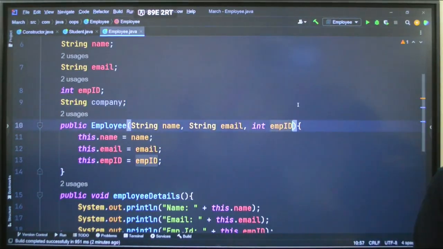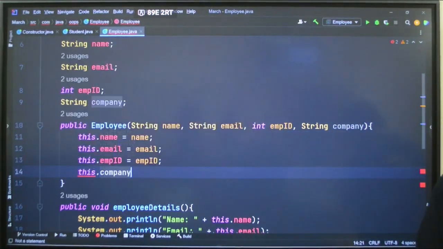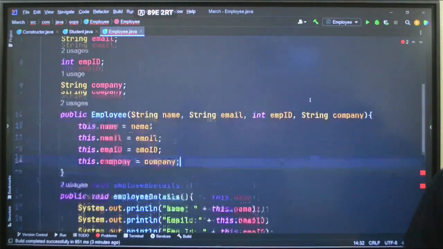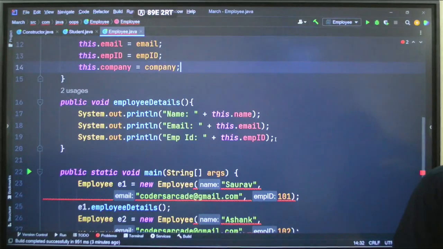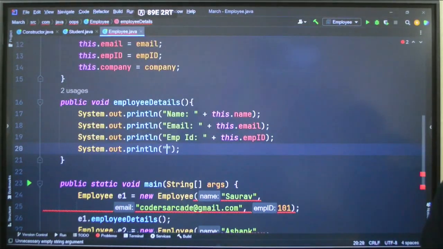See, I can say comma string company. Okay, then I can write this dot company is equal to company, correct? And then what I will do here, I will write s out company plus this dot company, got it?